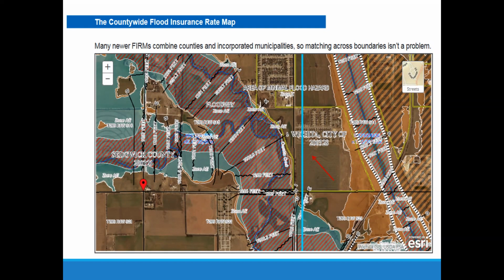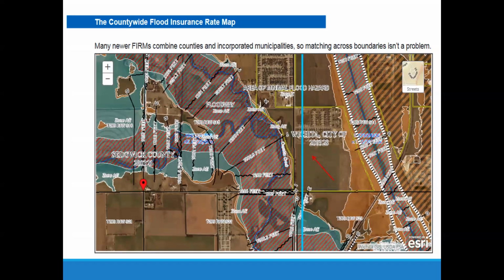Now, if you look downstream of this, you'll also see a number that says 1289, and it has a little squiggly line. Wherever those little squiggly lines are, your elevation numbers are rounded off to the whole foot. They might be rounded up, they might be rounded down. I never use those little squiggly line numbers, because if it's a rounded down number and I use it, you could actually be building something too low. So always take the time to get the flood insurance study book out, look at the cross sections in the flood profiles, and calculate an exact base flood elevation.